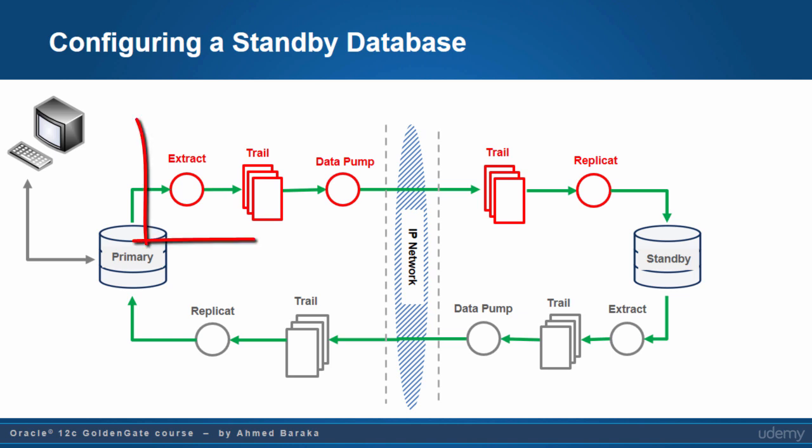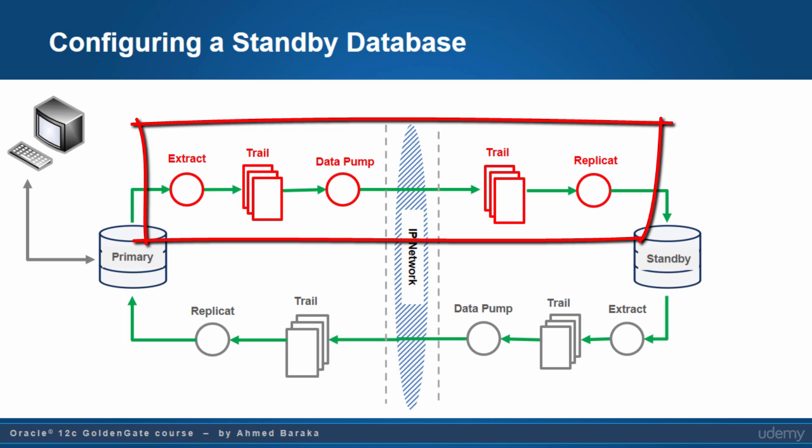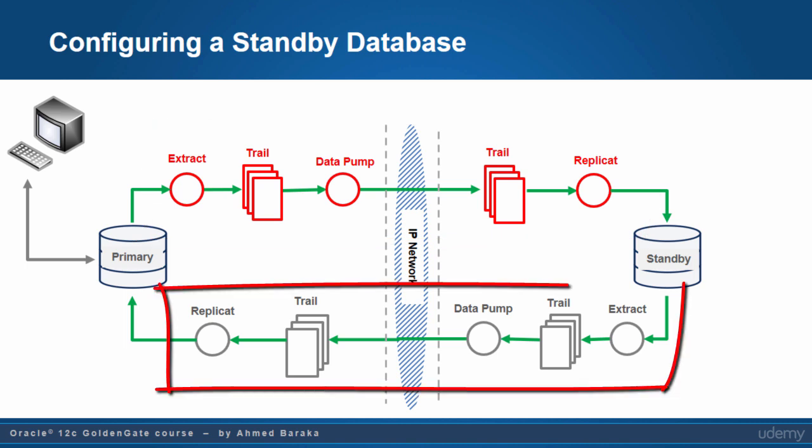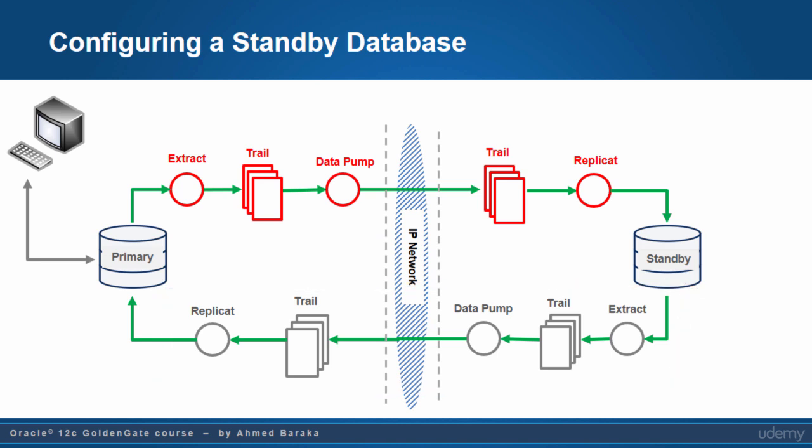In the normal case, the groups that synchronize the data in one direction from the primary database to the standby database will be active. But the GoldenGate process groups, which are responsible for the synchronization in the other direction, will be inactive. Typically, they will be shut down. Those groups remain stopped until just before user applications are switched to the live standby system in switchover or failover scenarios. When user activities move to the standby database, you start up the extract in the standby system to